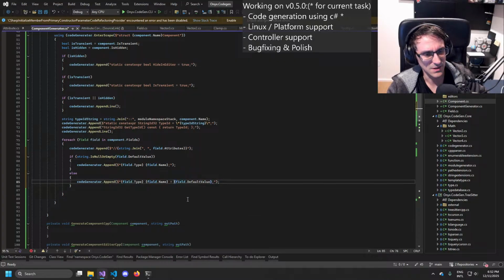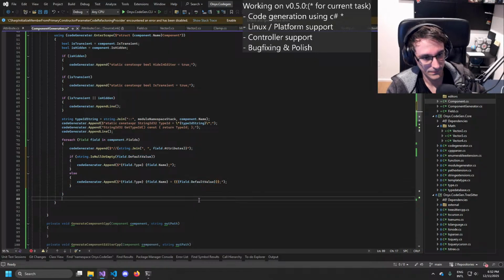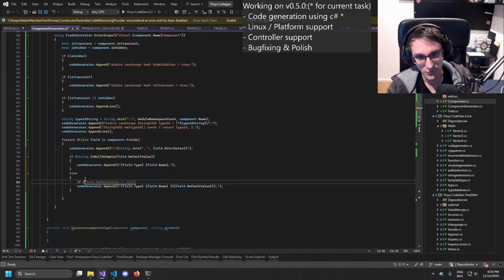I think I need 3 here. Well, actually I can do it like that, probably. And then if field.type equals string,